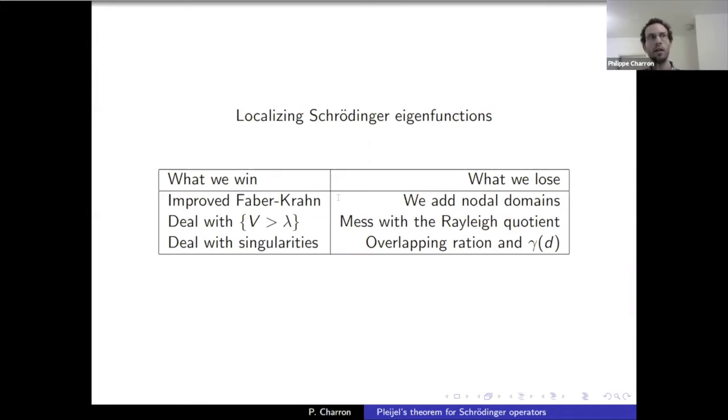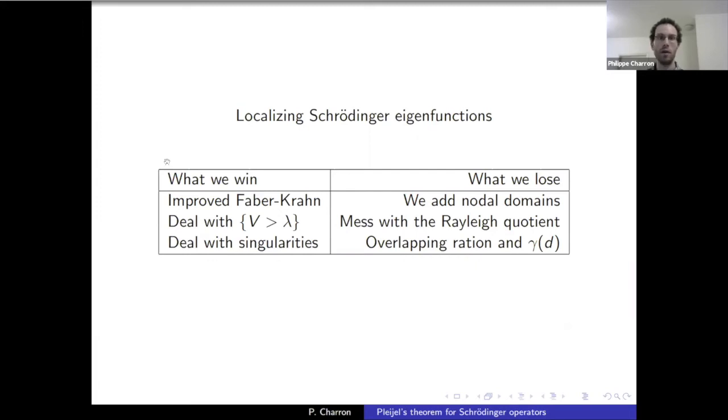So it's a nice moral equivalent to the Agmon results, which tell you that it has to decrease very fast away from the region that you're dealing with. So you cannot localize. If you were able to localize nicely, then you would have a contradiction, because you would have that the Laplacian is positive and not negative.